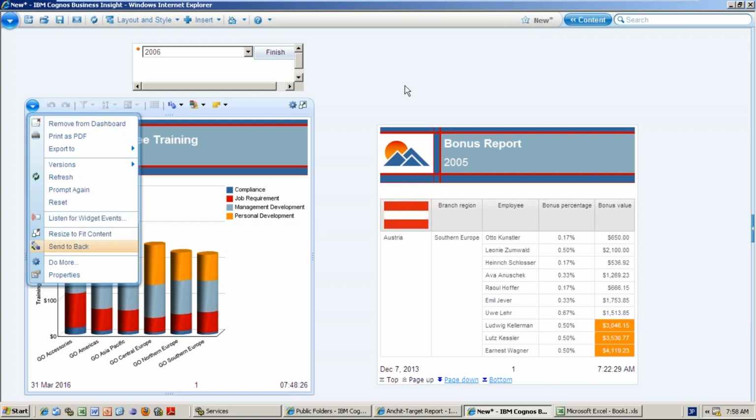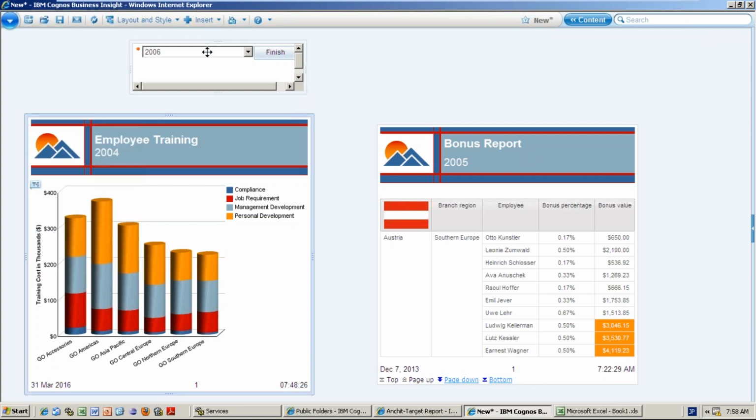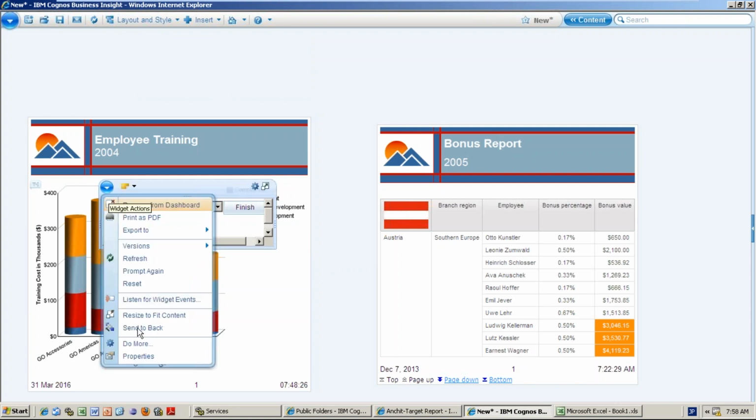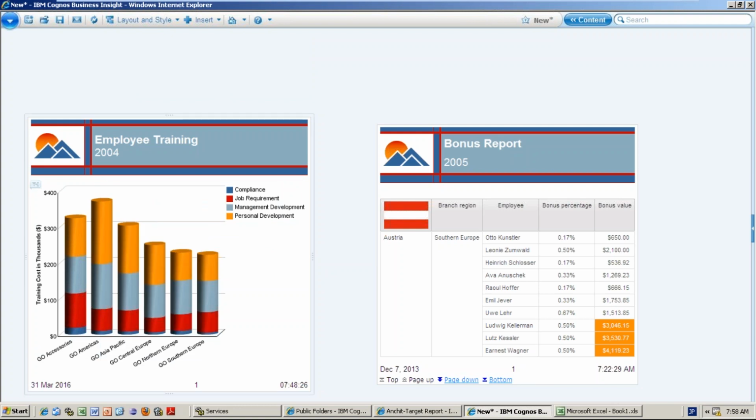And send it back. For example, on top of this, you take this one here on top of this by mistake. But if you want to send it back behind the employee training, see, so it went to the back of employee training. It is behind the employee training now. But if you want to see it back, what do you need to do?